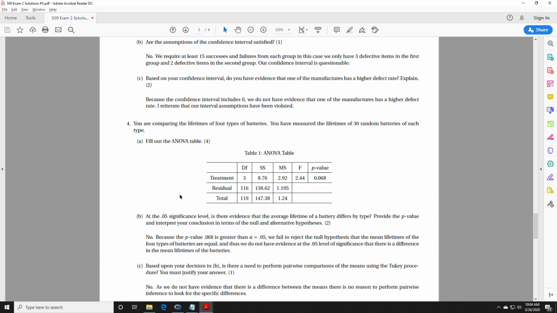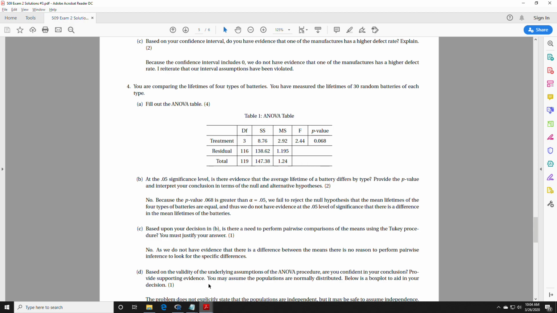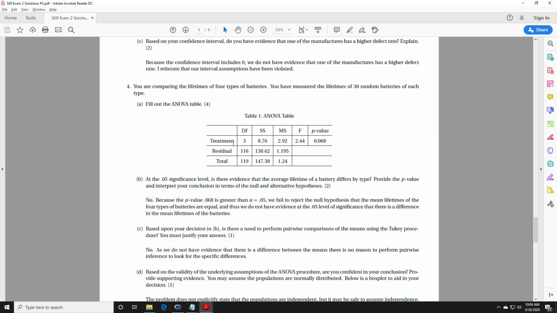Okay, another ANOVA example here. Well, we've already seen an ANOVA example. So I think battery, electricity, fuel. Okay, I think we've gone through all of these examples, either this lecture or last lecture. So I'm not going to read in another ANOVA example,